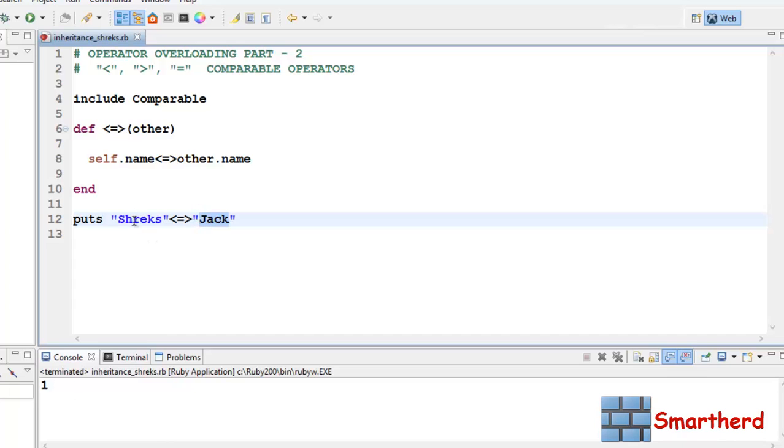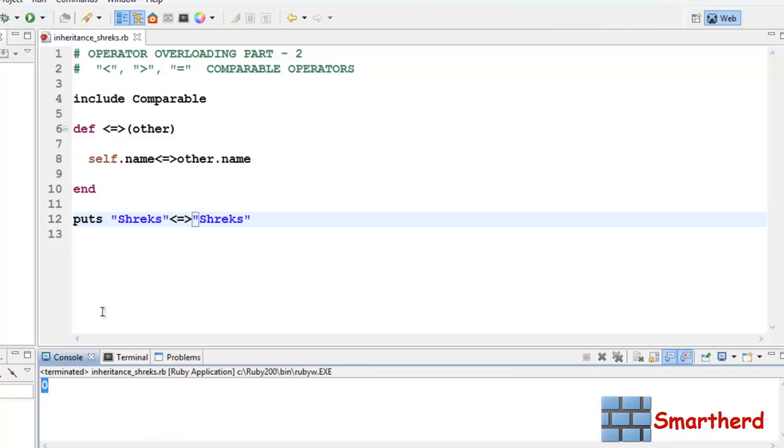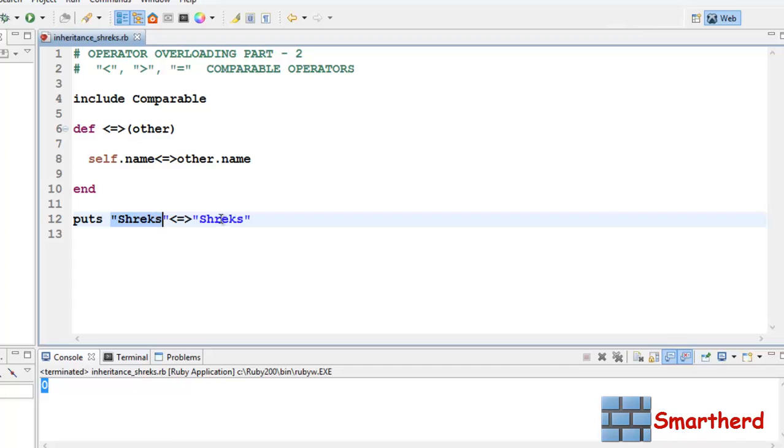Now let's compare Shrikes with Shrikes here and check it out. Let's save it and execute it. Yes, here we are getting the value 0, because LHS is equal to RHS. Both are equal, so we get the output as 0. Now let's change it to Jack.